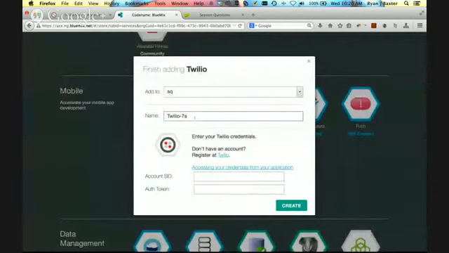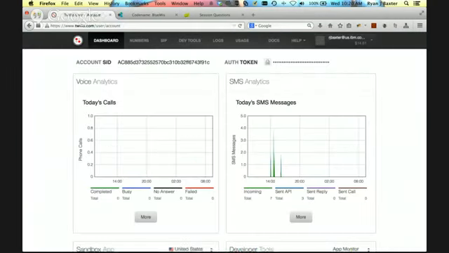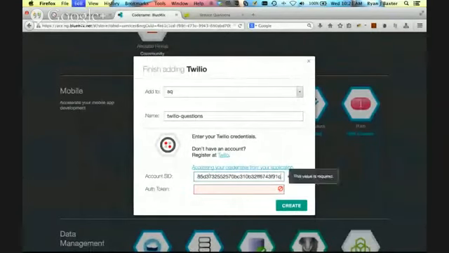First thing I need to do is add it to my SQ application, which is the application I want to add it to. First thing I want to do is give it a name, so I'll call it Twilio Questions. And then I need an account ID and auth token, and that I can get from Twilio. So I've already registered, and as soon as you register, you can register for free. You get an account ID and an auth token. So I'm just going to copy that right out of the Twilio UI here, and I'm going to paste it without the giant space at the beginning of it